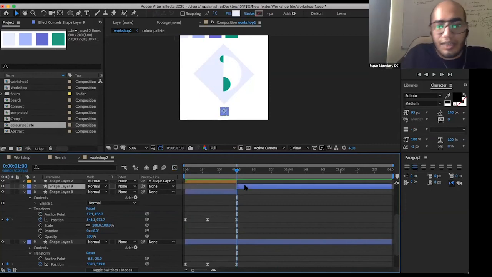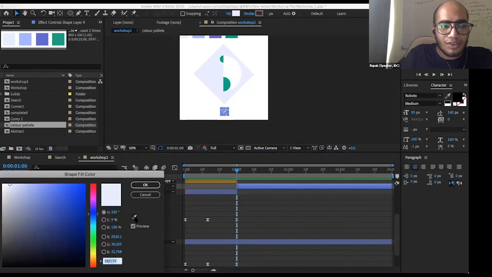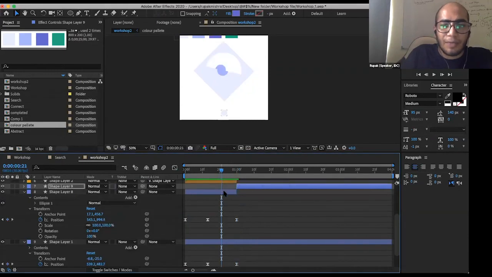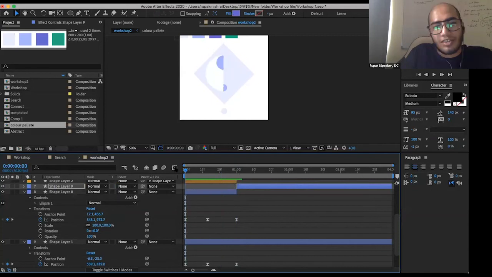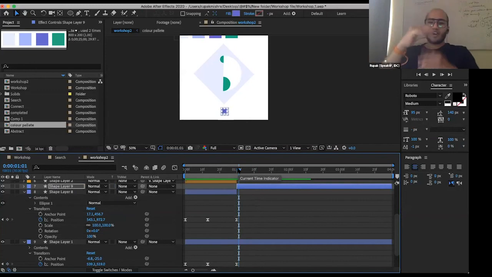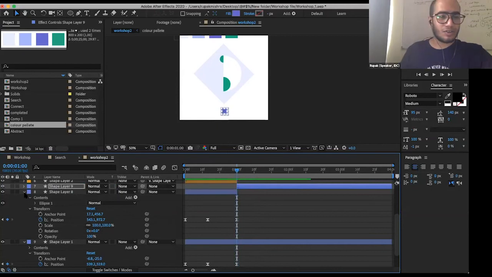So once you select the split layer option, you can directly go and change the color. Okay, so it doesn't affect my previous shapes, and now it will change its colors. I want this backward and forward movement to be continued for a few seconds, and then we will be done. So I will close this one.